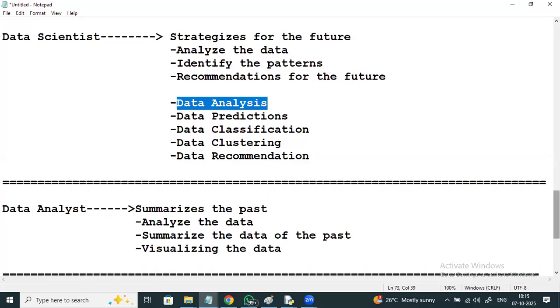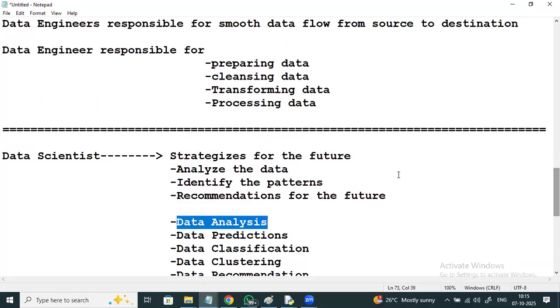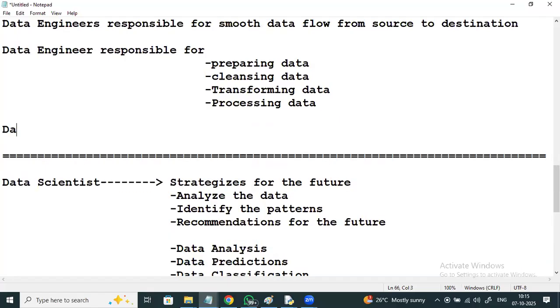In the case of data management, it performs data storage and data processing.